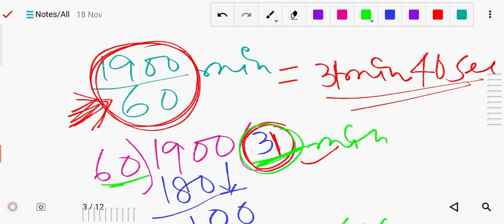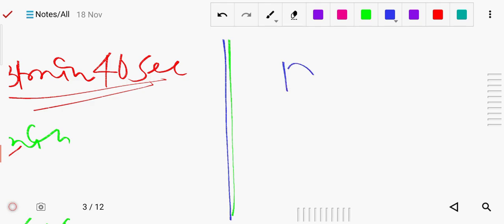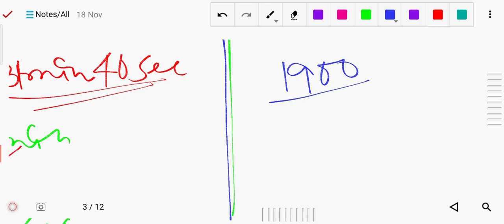Now one more thing I want to add. What is that? If you had divided it, what would have happened, you can see that also. If 1900 had to be divided by 60, suppose you have divided it, so this 0 will cancel, 2, 3 times, so here you will cross it. So how many times?